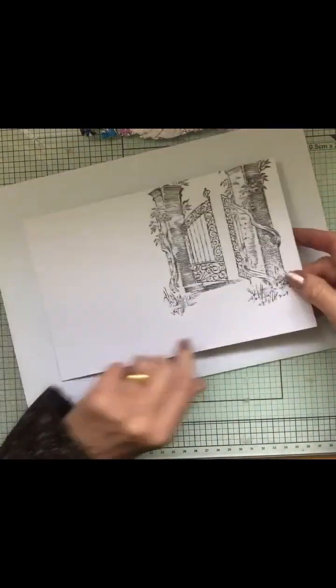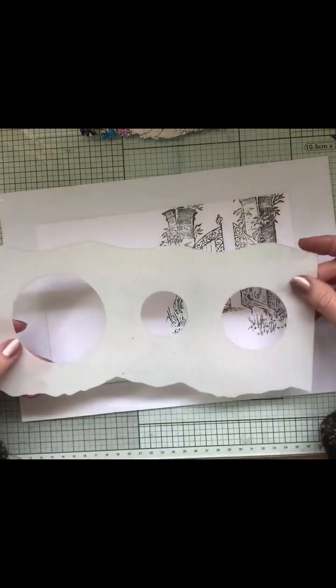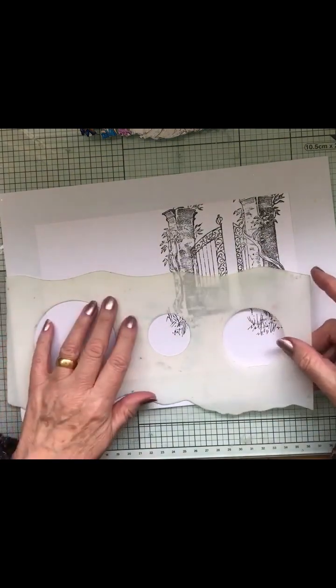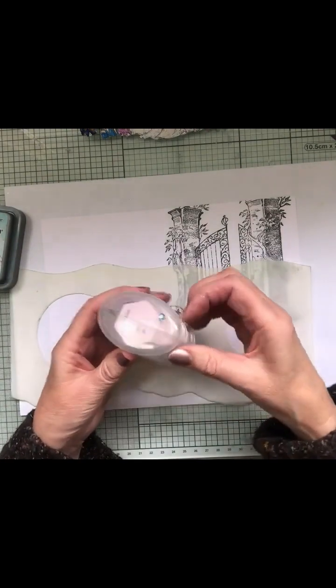Right, we'll carry on with our background. And I'm going to be using the mask that I use for my hillside mask. And I'm going to be doing the sky in a pale blue. For this, I'm going to use my Distress Oxide in tumbled glass, and my Imala